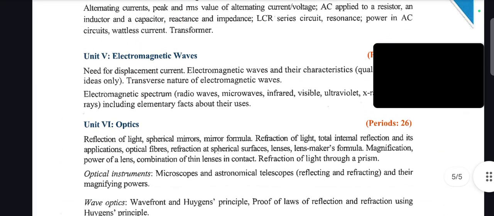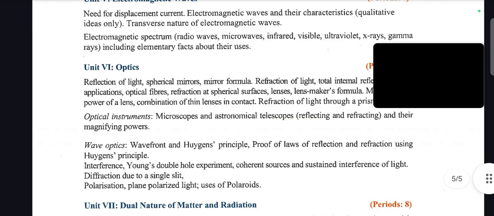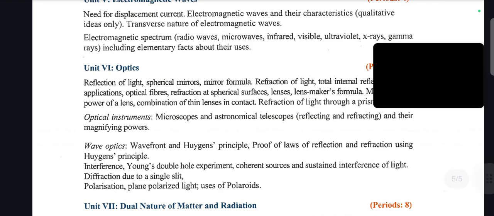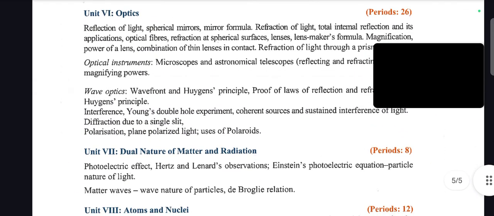In Unit 5, Electromagnetic Waves: need for displacement current, electromagnetic waves and their characteristics, transverse nature of electromagnetic waves, electromagnetic spectrum, like radio waves, microwaves, infrared, visible, ultraviolet, X-ray, gamma ray, including elementary facts about their uses. Then Unit 6, Optics: reflection of light, spherical mirrors, mirror formula, refraction of light, total